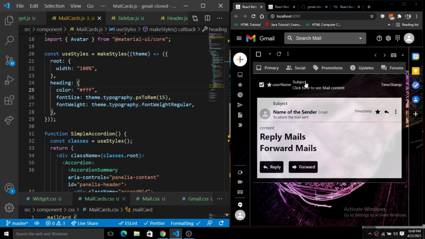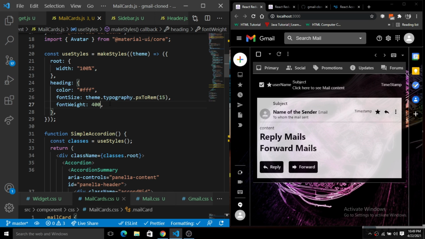So basically we have to update the color here, and also update the font weight. Put the font weight 400. The font size is fine right now, and you can see it is just shifted to the left.